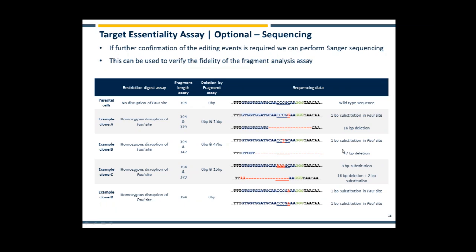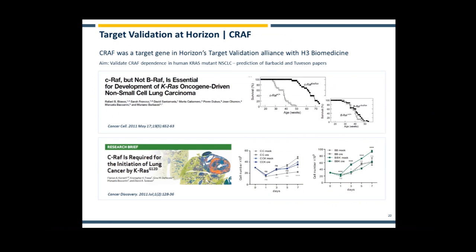by Sanger sequencing. So using sequencing data from a few colonies ensures that the assumptions made in the fragment analysis assay are correct, and any required adjustment can be made to all samples. For this data set, we realised that any small deletions need to be rounded up, whereas large deletions need to be rounded down. So we've also used this assay to follow up on data which we obtained in one of